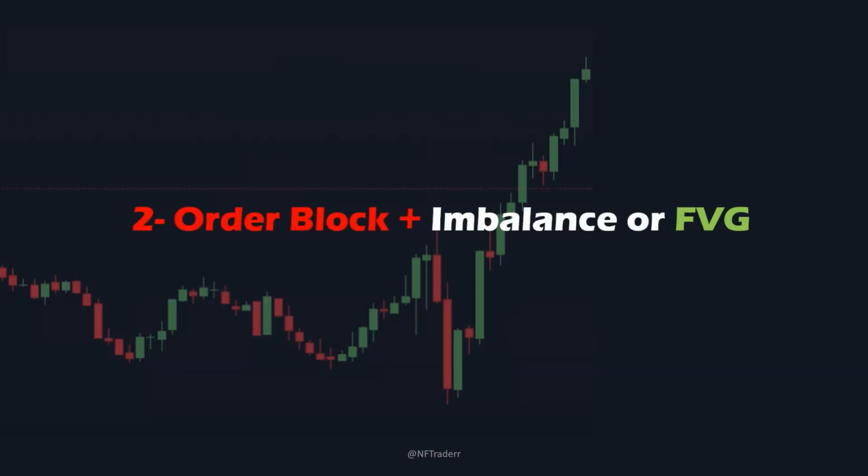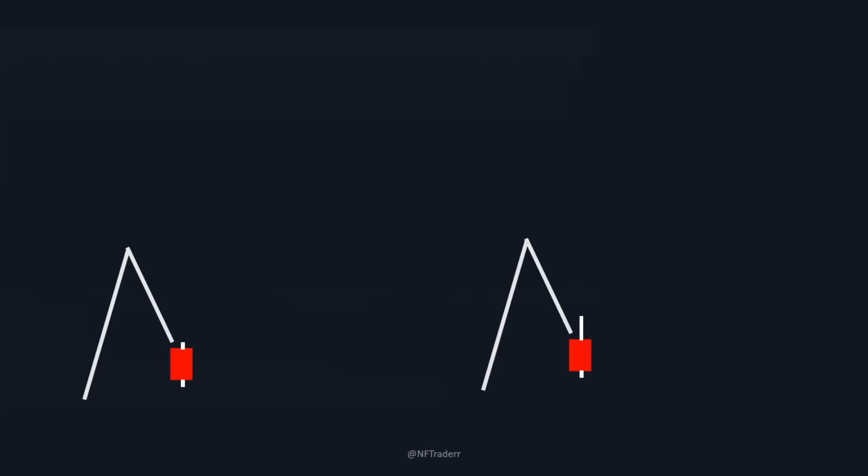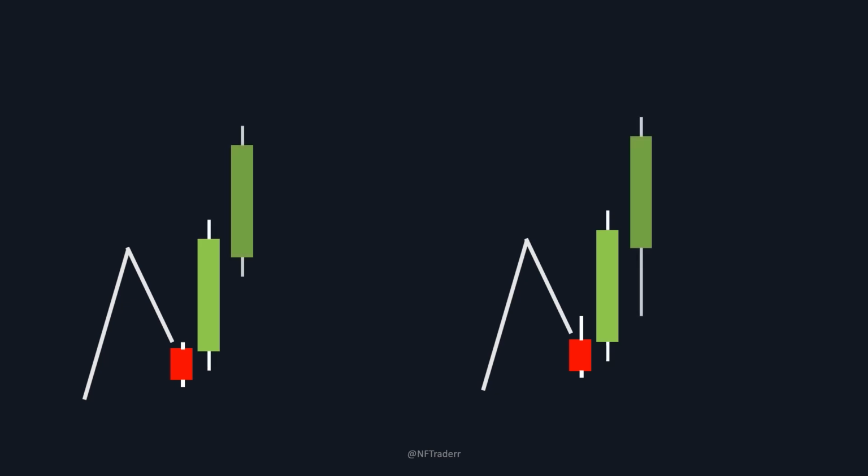Number 2 is imbalance or FVG. There should be an imbalance or inefficiency left behind near the order block area. If there's no proper imbalance, the order block isn't valid. So, when the price makes a sharp move after an order block, it leaves behind an imbalance and forms a fair value gap. The price is kind of obligated to create balance within these imbalance zones and come back to